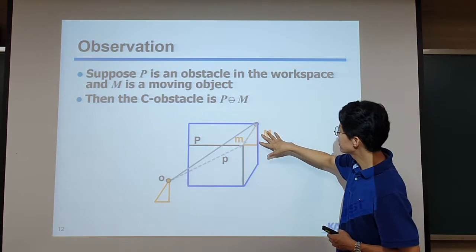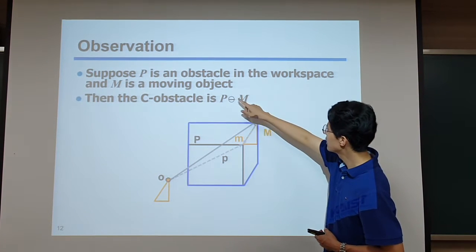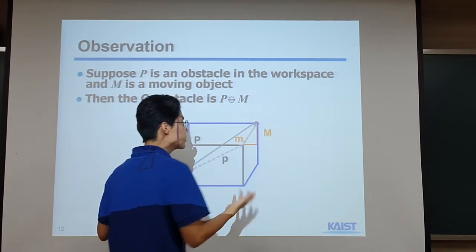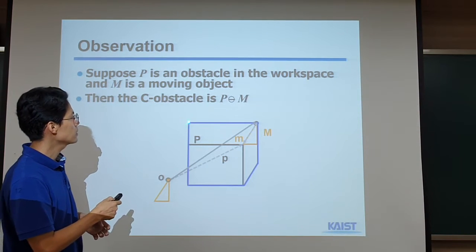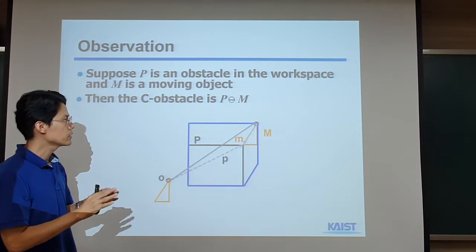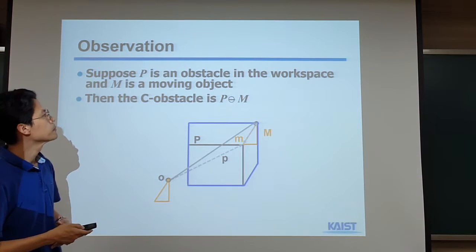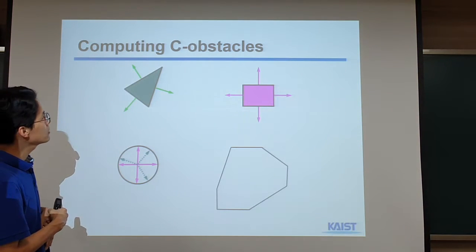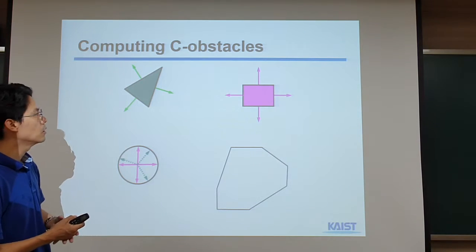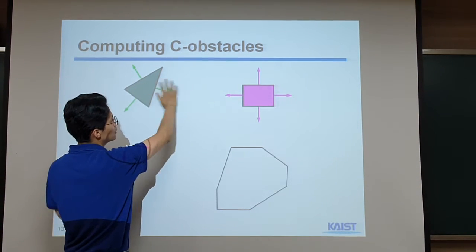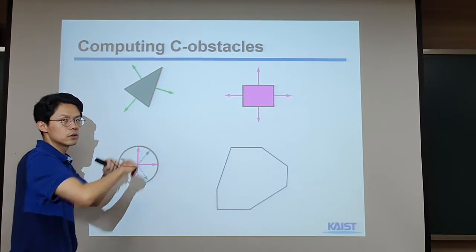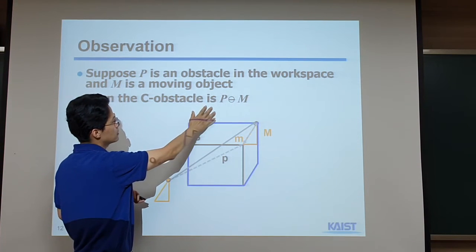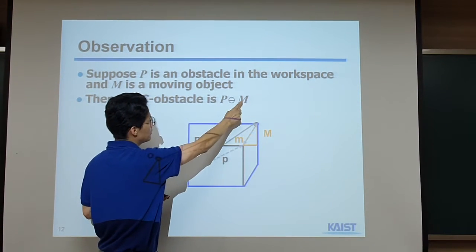In this case, mapping to the Minkowski difference between this obstacle and also this robot M. That's why one can prove that the boundary of the C obstacle space can be computed by this Minkowski difference between P and M. I'm not going to talk about how we can actually implement this Minkowski sum for computing C obstacle. But one intuition is that if we have one obstacle and one robot, we do the Minkowski sum. Basically, I said this C obstacle space is the Minkowski difference between P and M,